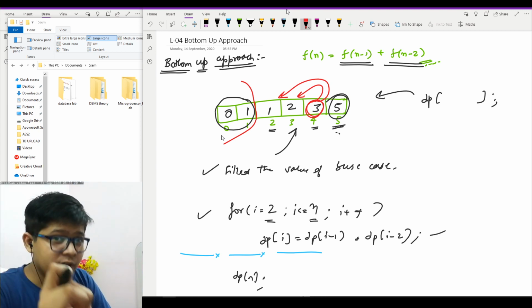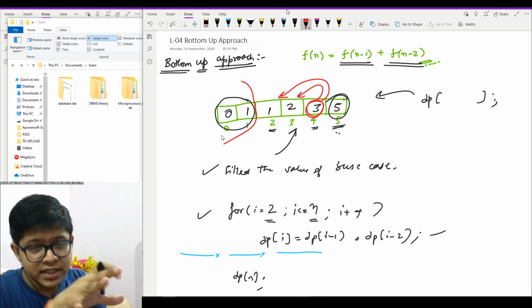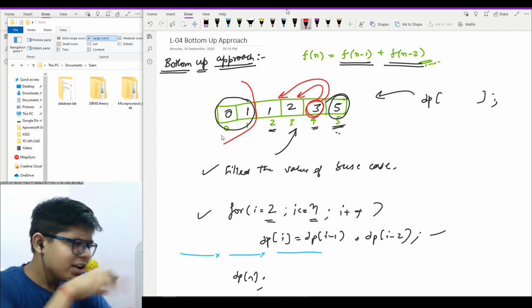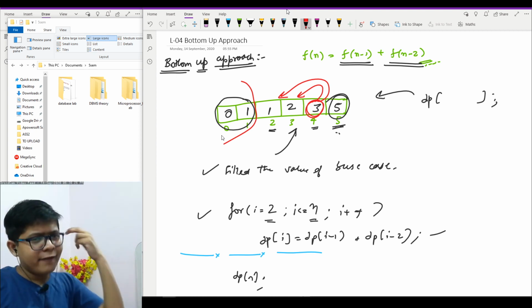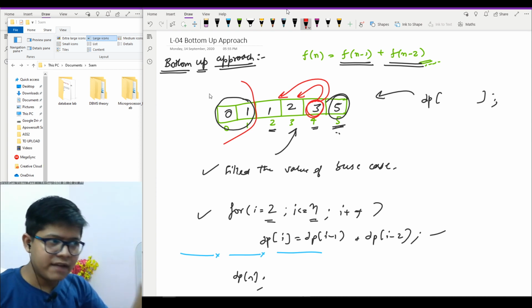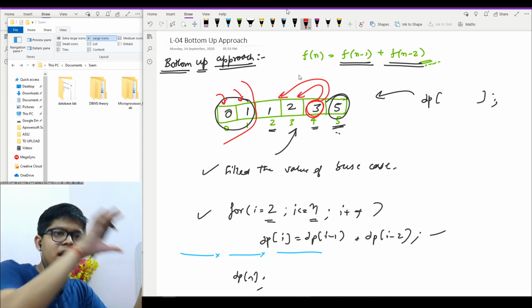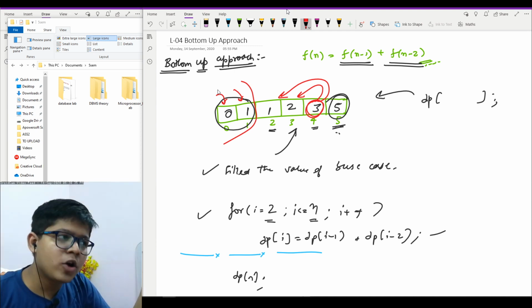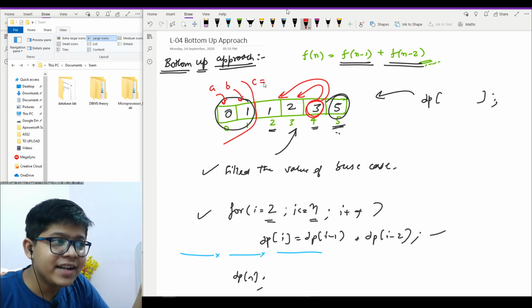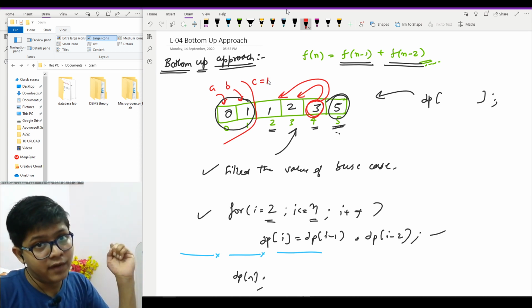So whenever I need to find this, I will not store the whole array. I will have 2 variables, a and b. I will have the base case in them, like 0 and 1. Then to find my c, I will do a plus b, and it will become 1.